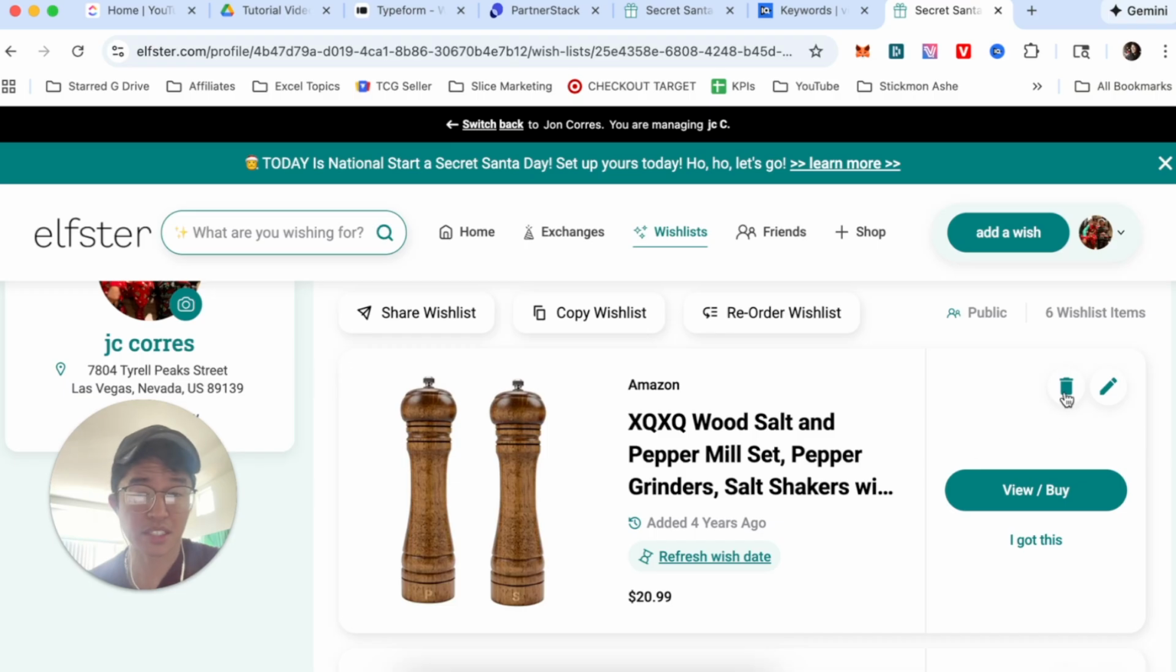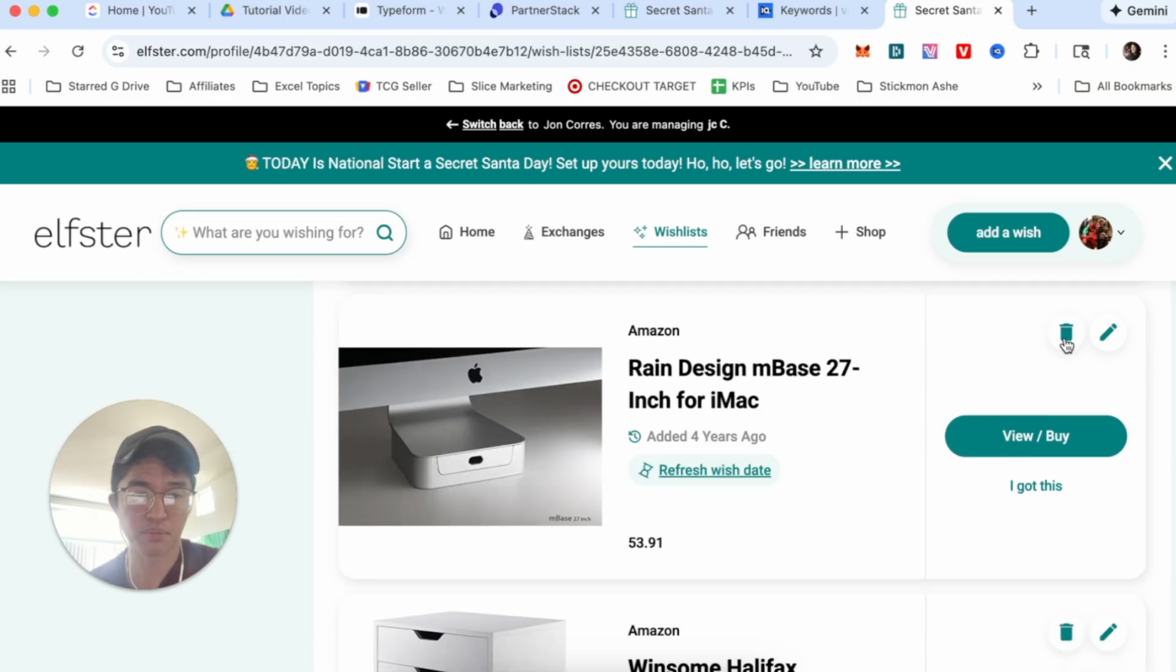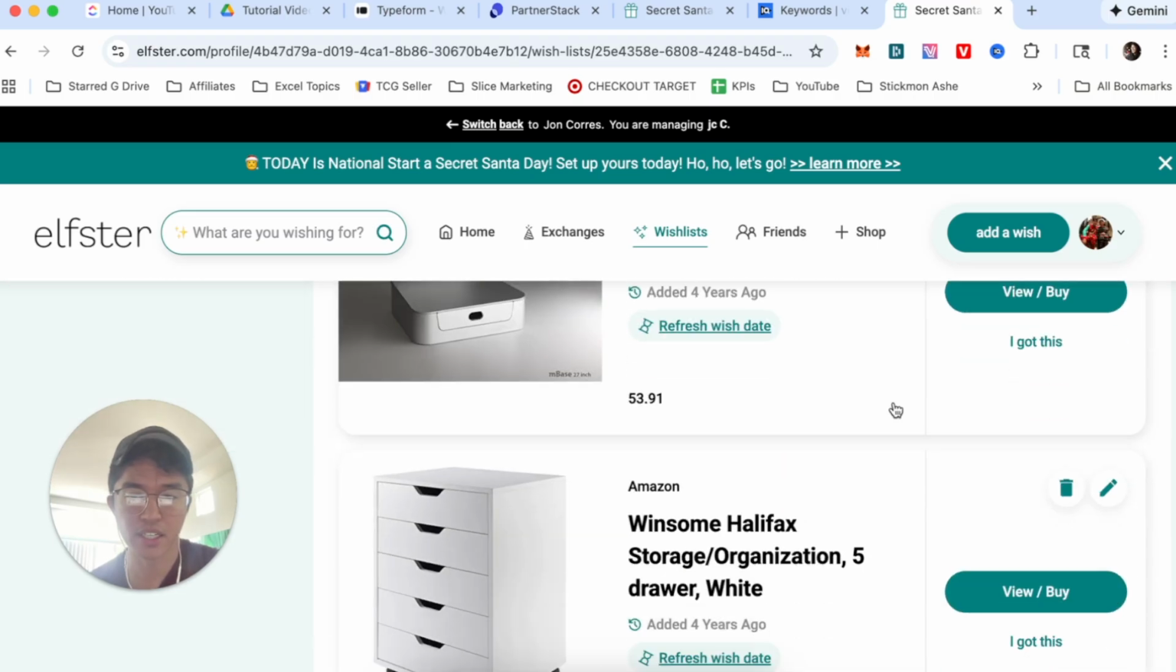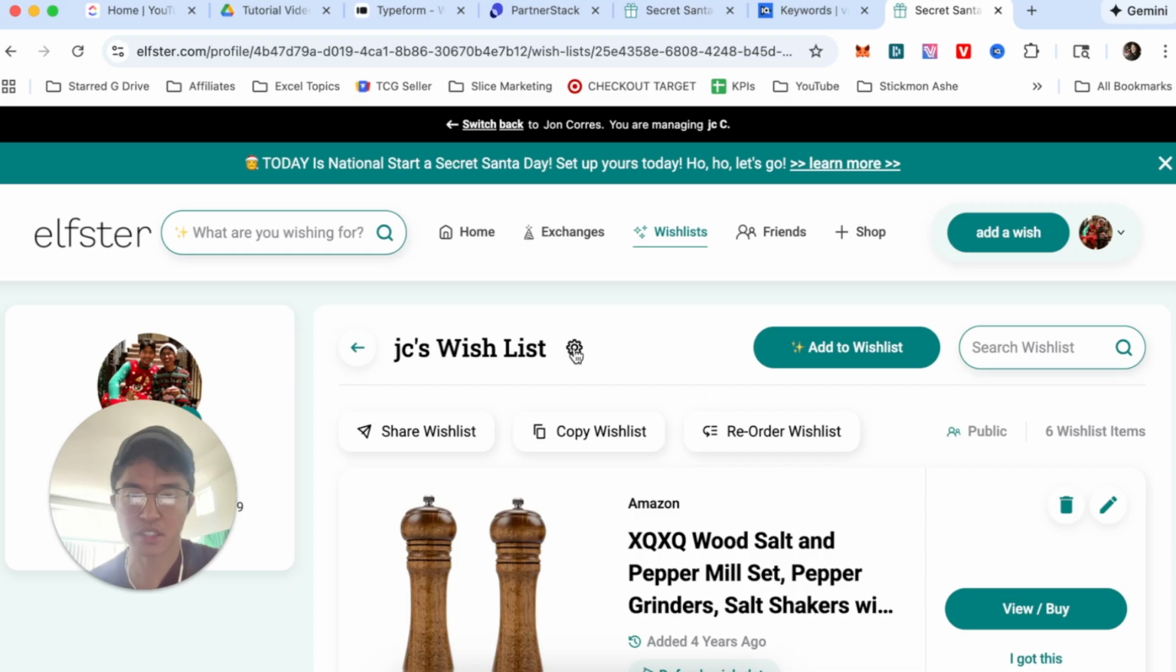Alternatively, you could actually just delete each of these items individually by clicking on the trash can on the right hand side. But I would just recommend deleting the wish list as a whole and starting a new wish list. But there you have it, guys. That right there is the best and easiest way that I know of to actually go ahead and delete your